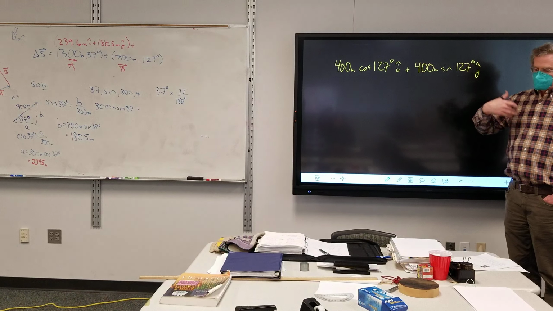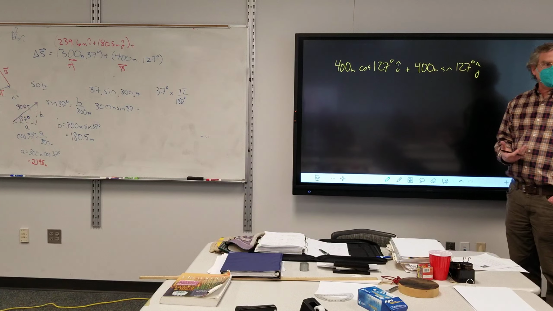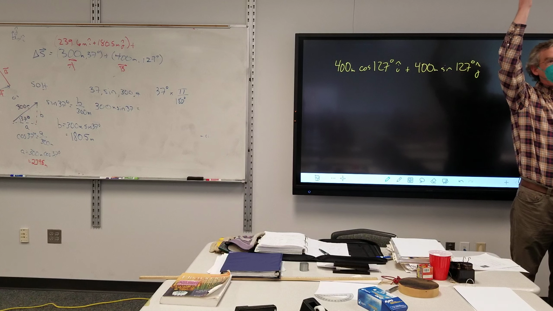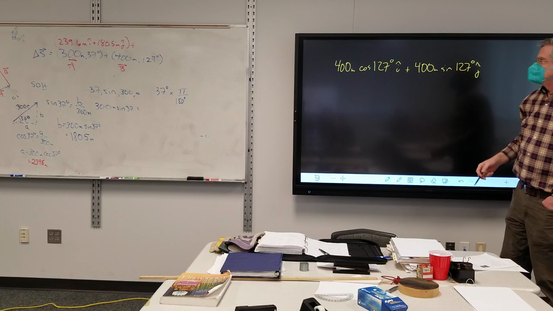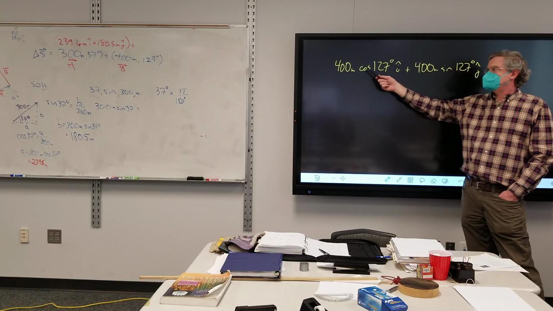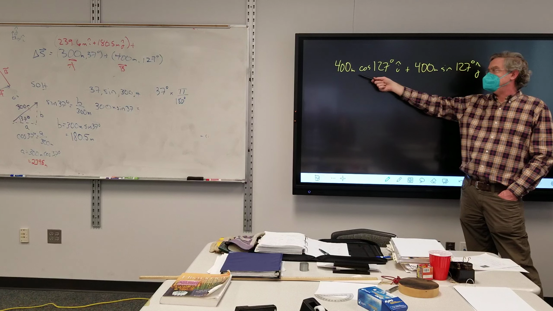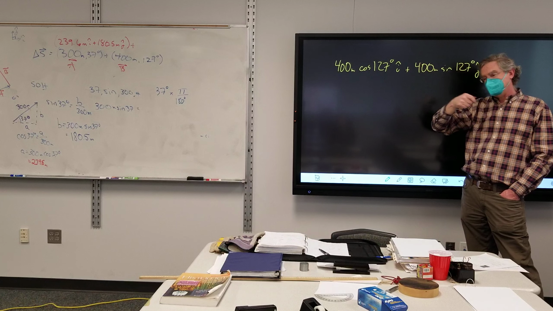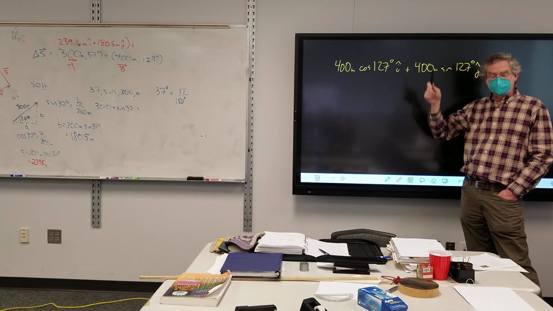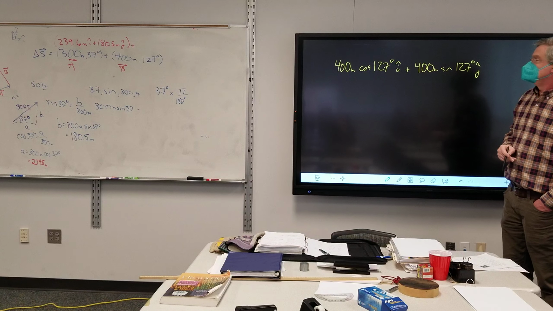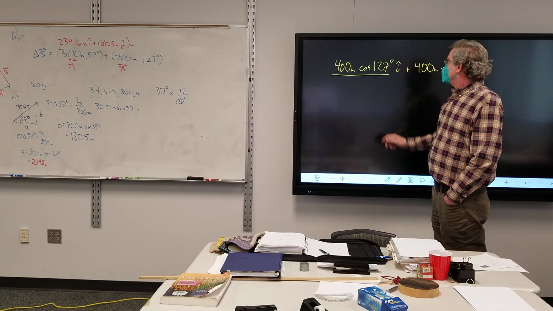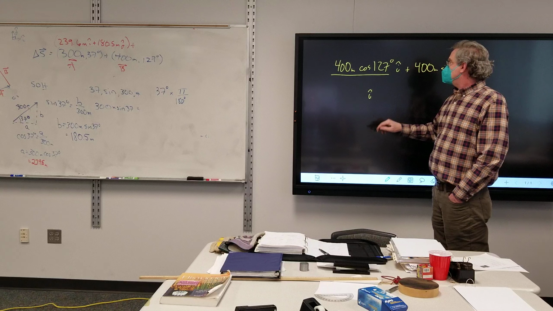Now, there's a longer process you can go through, but ultimately it comes down to this: if i hat and j hat are defined in the traditional ways, then it's the hypotenuse or magnitude times the cosine of the angle i hat plus magnitude times sine of the angle j hat. So this will be